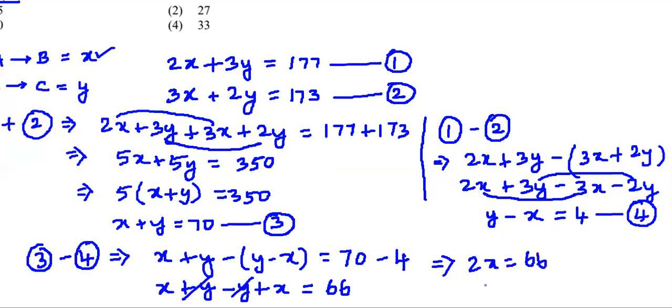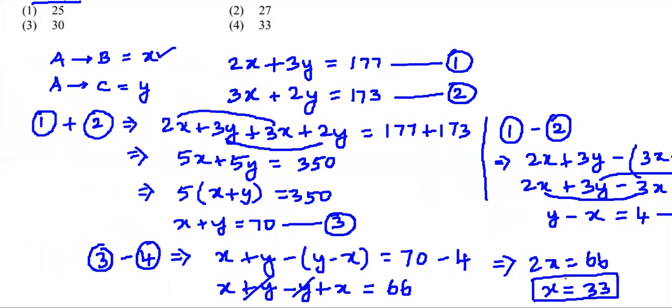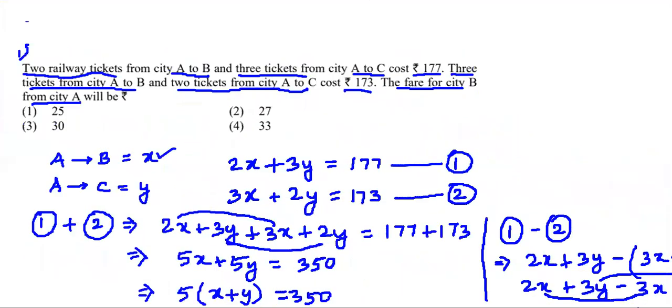And now from which we can very easily get the value of x. So x will be equal to 66 divided by 2, because 2x is equal to 66. So when we divide both sides by 2, we will have x is equal to 66 by 2. What is 66 by 2, or what is half of 66? It's very simple to say 33. So that means the value of x is 33, and that is what is asked for us to find in the question. So our answer to this question is 33.